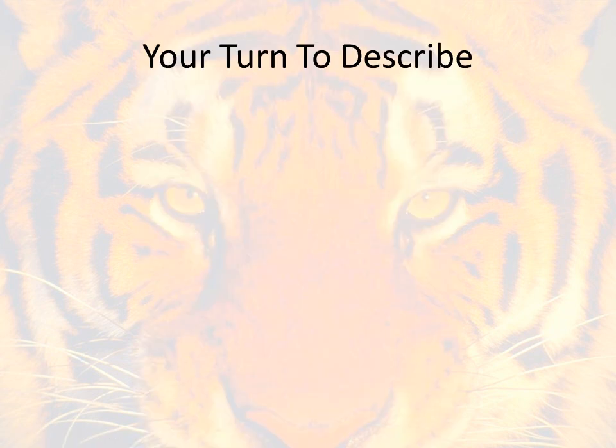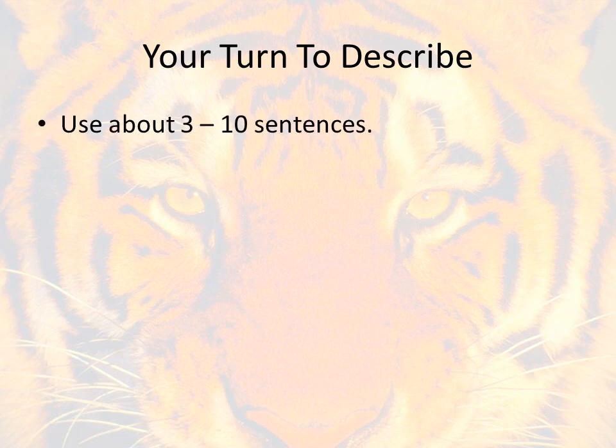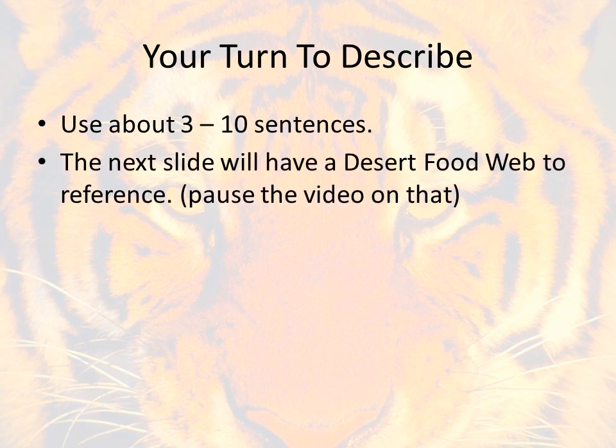So now it's your turn to describe. Kind of use those concepts. Use those thoughts that you just thought about. All right, so as we go back, now it's your turn to kind of describe what's happening. So think about those concepts you just learned and flip your notes over to the back. On the back, there's a summary section. So what we're going to do is I'm going to give you a food web in just a little bit. Now, when I tried this, and I had several students try this, everybody needed right about 3 to 10 sentences to do this